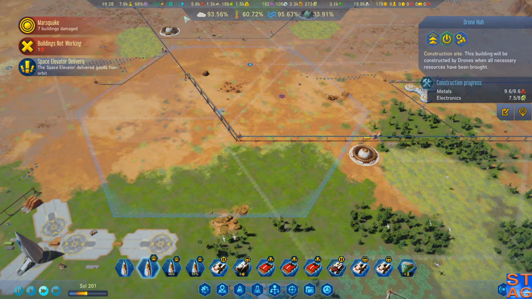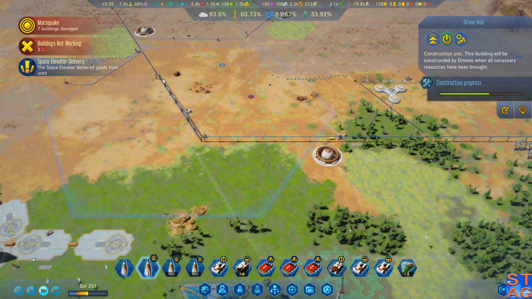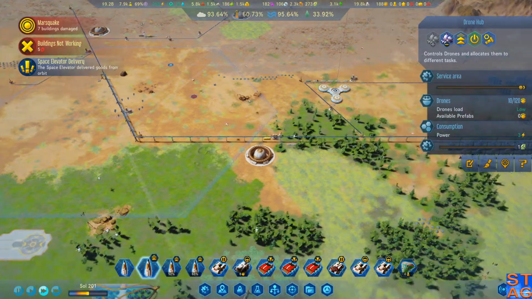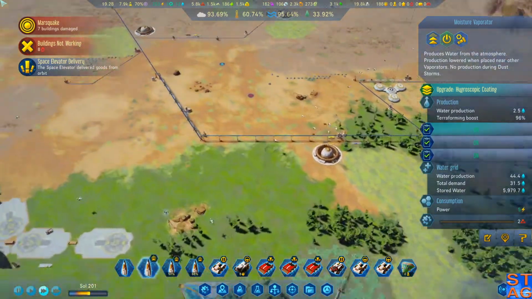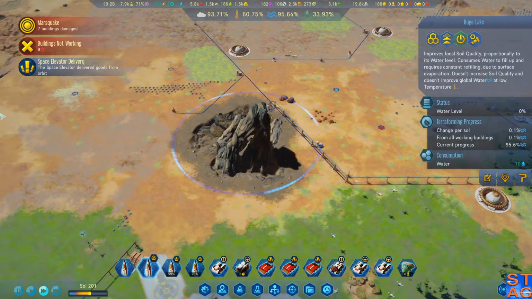We have a surplus of 12 water right now. That's a good thing. And if I wanted to, and let's be honest, I really, really want to, I'm going to put moisture vaporators along this entire set. I can just put vaporators along this entire thing, space them out so that we're not worried about it. And now, even with the lake being produced, I still have a surplus of...